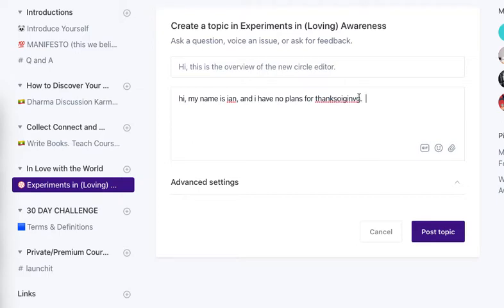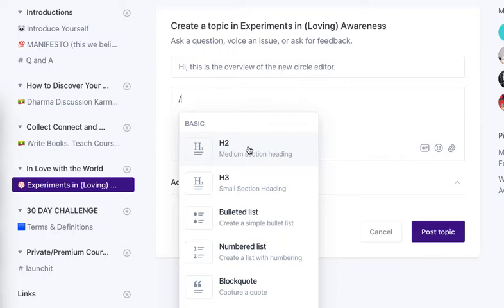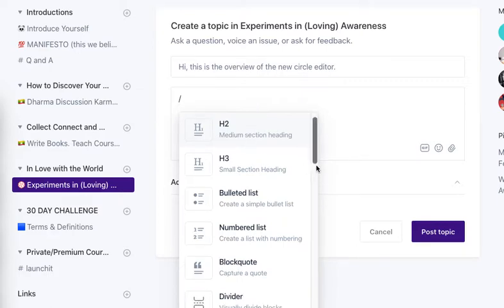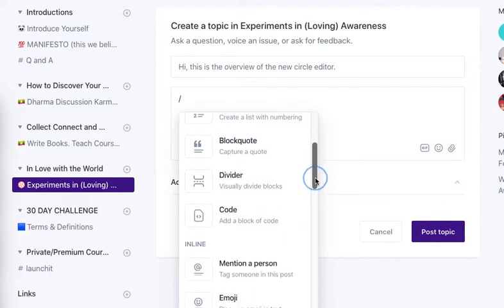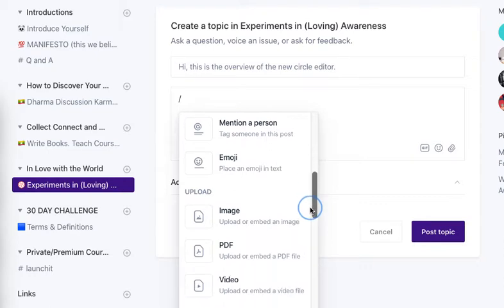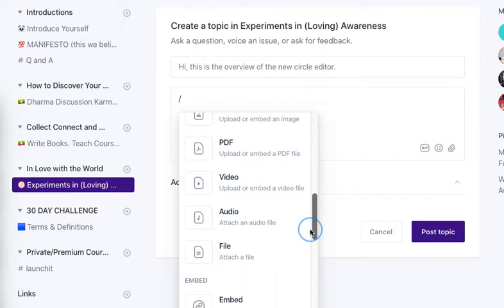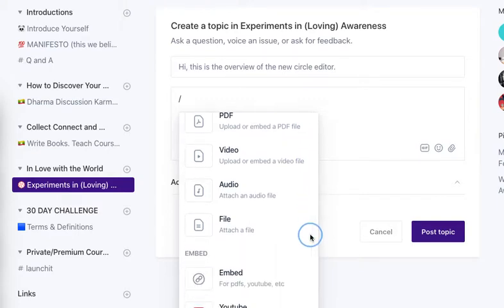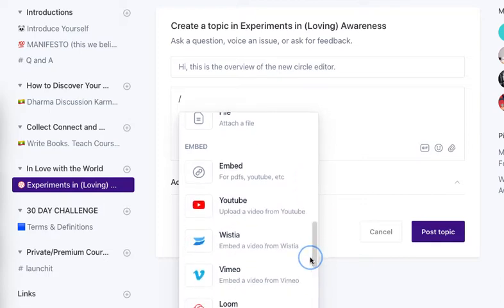All right, so in the past, this is how you had to do everything, highlight and edit things like that. Now you have this, which brings up all sorts of new options, both for styling your text, which is nice, but not the most important thing. Now you can actually mention a person, you can place an emoji in the text, you can upload images, a PDF, a video, or you can embed a video file, attach an audio file, attach a file,